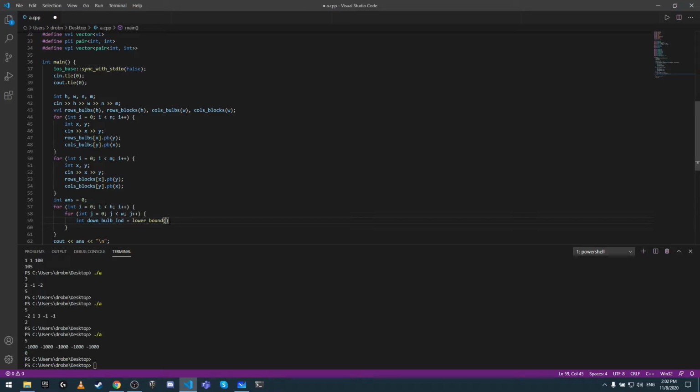So lower bound of rows bulbs in the index row I, right? And now all of them, and target is I minus rows bulbs I begin, so we get the index, right? So now